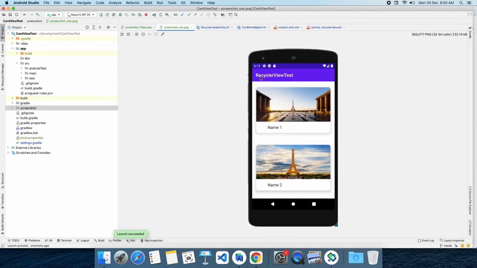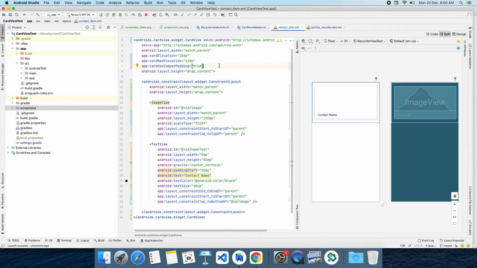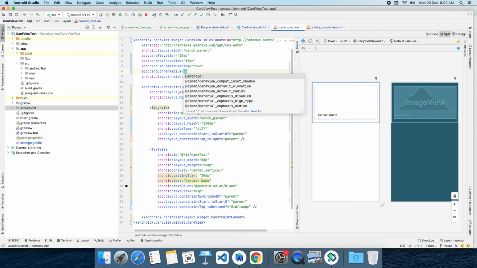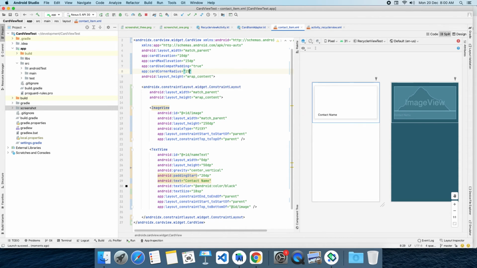Now what we have to do is make our corners rounded. In card view we have a property for that also, that is corner radius. I'll go with 15 dp. See, in the editor itself we can see the corners are rounded.